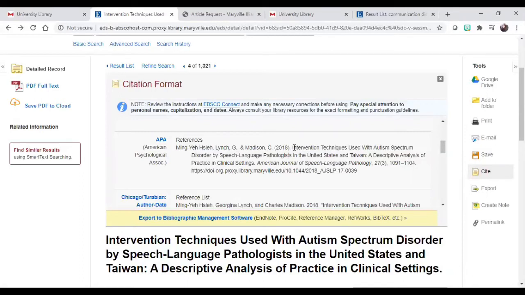So we know that in APA, we don't capitalize every letter of the title, but here they are doing that. So we definitely would want to go in and fix these up, but it's the information in the right order. It's usually just not formatted correctly. So that is my warning about using these computer generated citations. They're really helpful, but definitely make sure you triple check them before submitting any assignments.